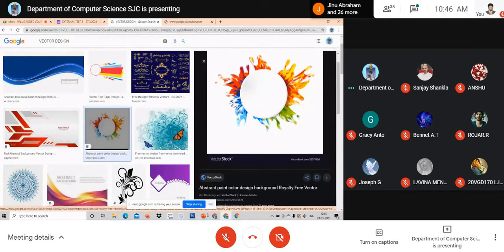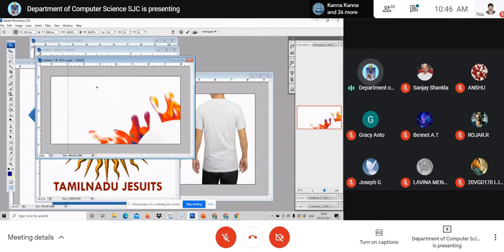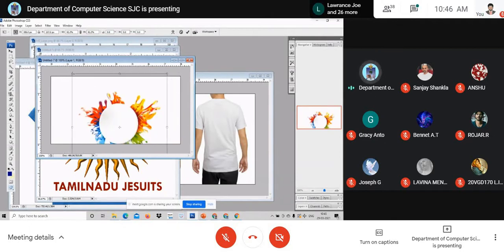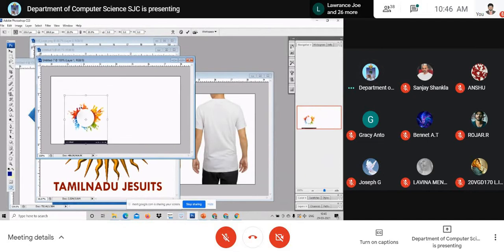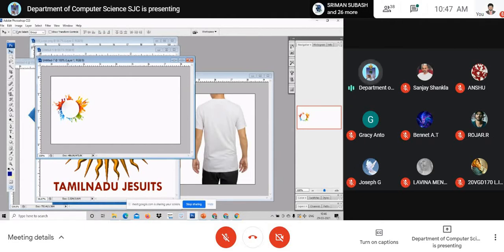Copy. You can type it as vector design. Okay, you will have so many designs available. You can take one of the designs which you like very much, right? Vector designs. Other than this area, I want to delete. See, I just selected. Go for inverse. Delete. And right now, I want only the color portion alone. See here, I delete the other side, right? Okay, keep it here. Okay, I've kept it here, and I put up the logo of the college.